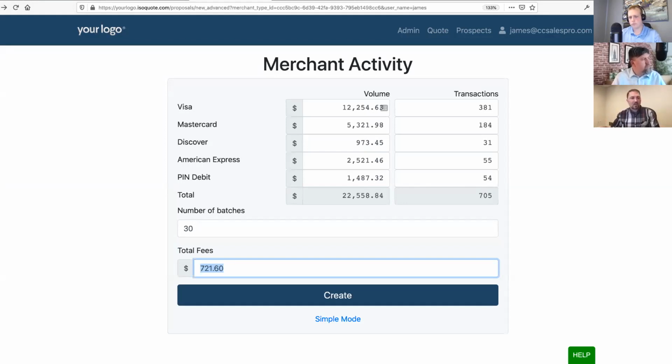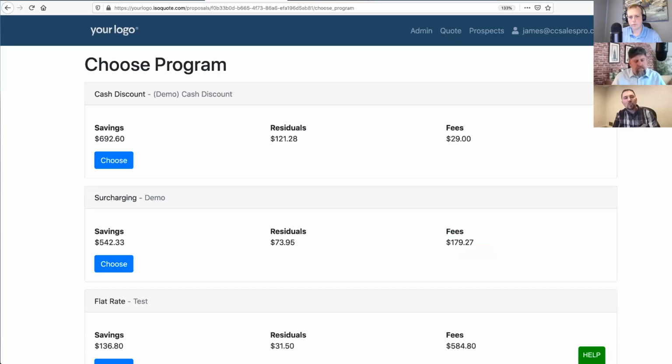So we're going to click on create. Once we click on create, we now have the ability to choose what we call a program. In our system, the word program is really synonymous with a pricing template. I'm not going to get into all the details today, but programs also include Schedule A information and margin control and all kinds of other features and benefits. For the purposes of this demo, let's just consider it